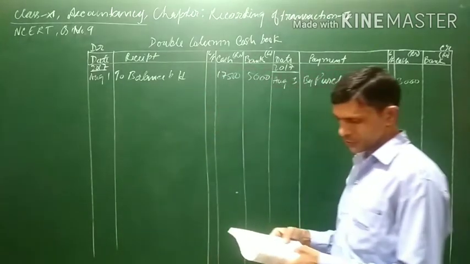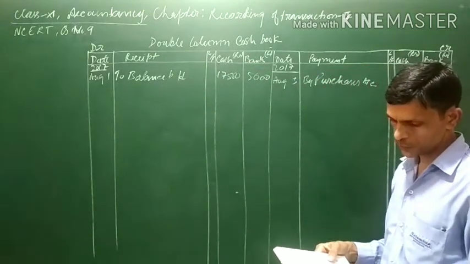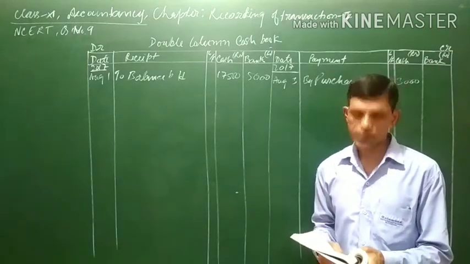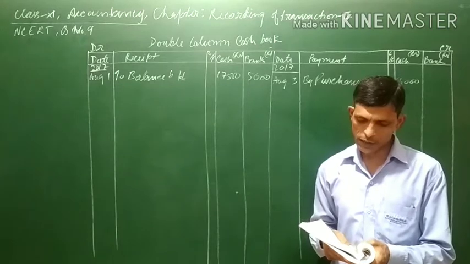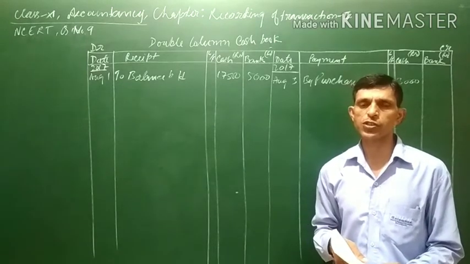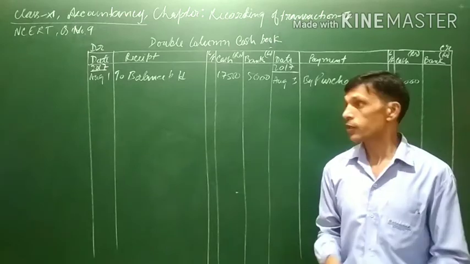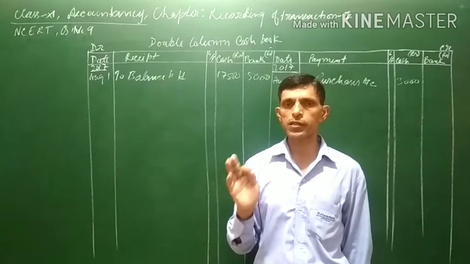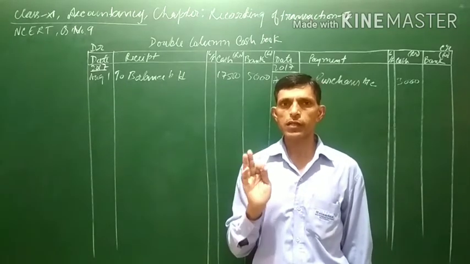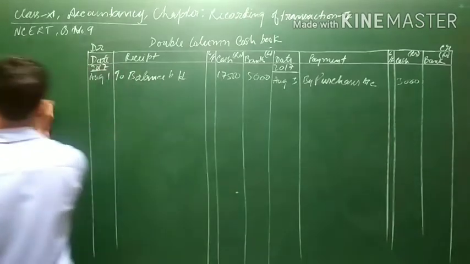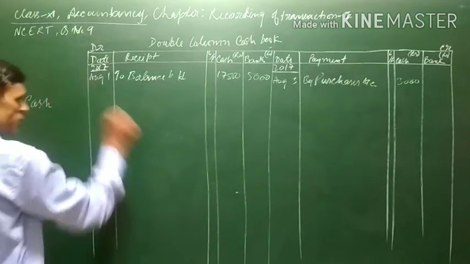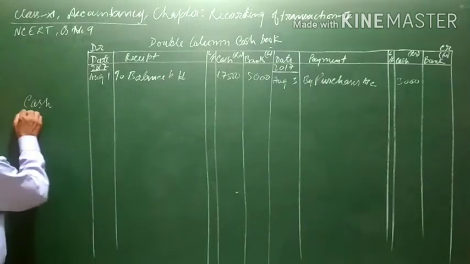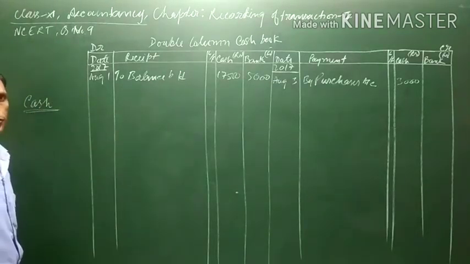3rd. Next is received check from Jasmeet. One check has been received from Jasmeet. The important thing to know regarding this check is that the check has been received, and again on 10th the same check is being deposited into the bank. So the important thing is, when a check is received and it is not deposited in the bank on the same day, then it is treated as cash. Simply, when a check is received and it is not deposited in the bank on the same day, then it is treated as cash received.